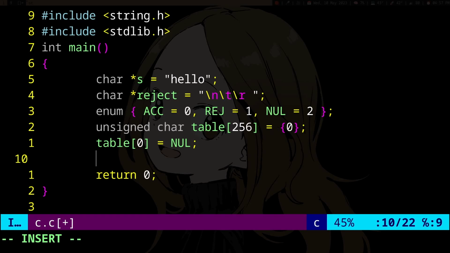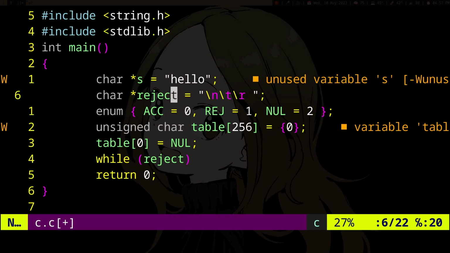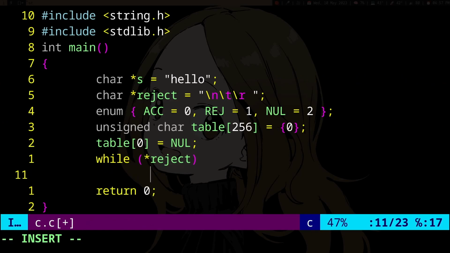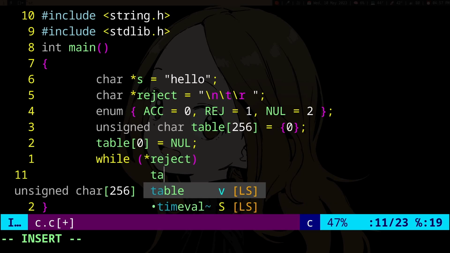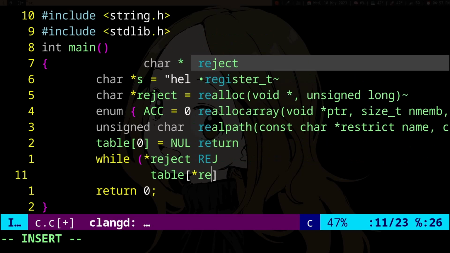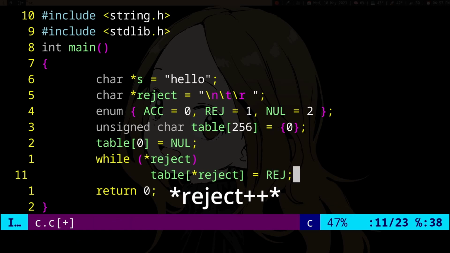So let's loop over the array of characters here, and then we will do table,